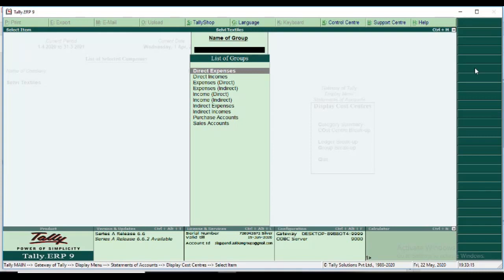Only the cost centre groups are expenses and income. So totally: purchase, sales, direct expenses, indirect income, direct income, indirect expenses. 6 groups are involved in making the cost centre, so the display comes with 6 groups only.